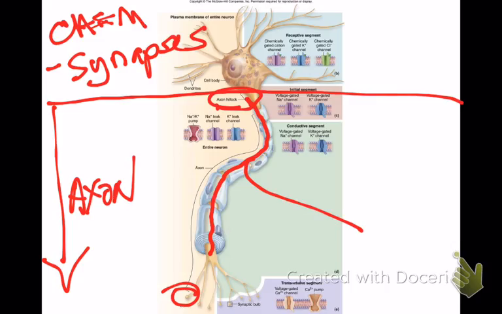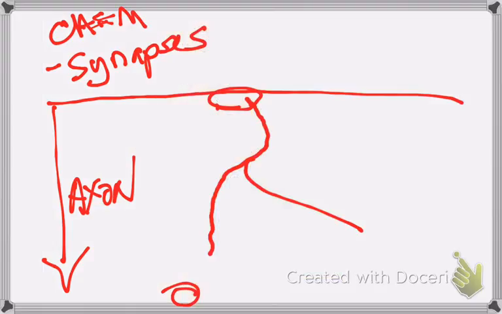Okay, so far? All right, so there's some other issues here that we need to review, but I want you to have this idea in your heads first, this picture of chemical gates at the dendrites and cell body of a multipolar neuron. Once you hit the axon, voltage gates all the way. And before we move off of that, we really should consider what happens with our unipolar guys, our sensory guys. So if we're just talking about a tactile unipolar neuron, that the sensory nerve endings are in the skin,